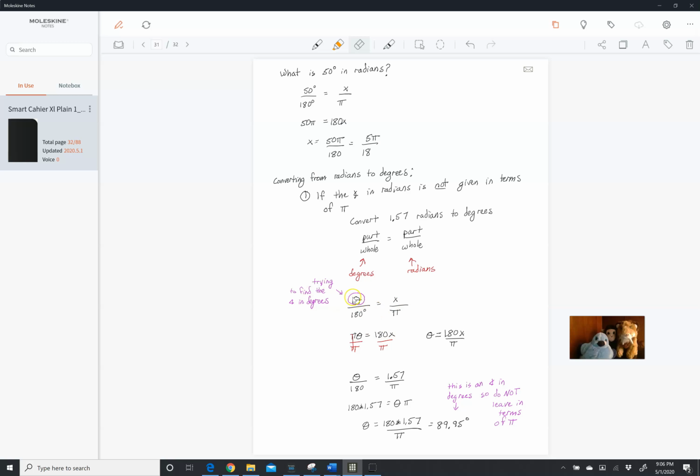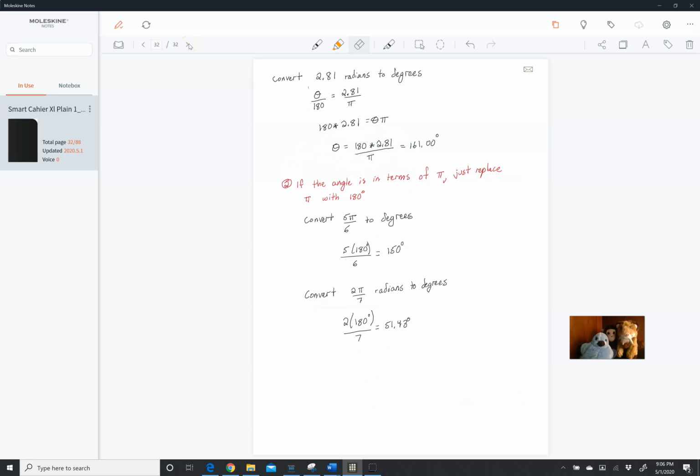So depending upon what we're given, the other numerator is what's unknown, and we're always going to get pi times theta equals 180 times x. And if it's degrees to radians, we're going to be dividing by 180. If it's radians to degrees, we're going to be dividing by pi, okay? Over here, when you convert from degrees to radians, you leave your answer in terms of pi, but you reduce as much as possible. Now, if you're converting from radians to degrees, but your answer is given to you in terms of pi, you don't have to do that ratio. You can, but you don't have to. You can take the pi and just replace it with 180 degrees, and that'll give you your angle in